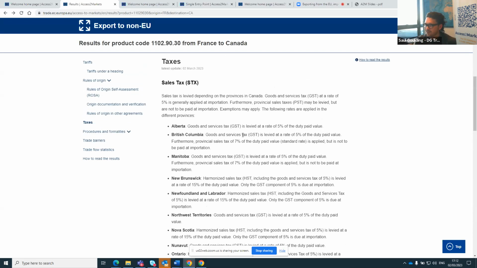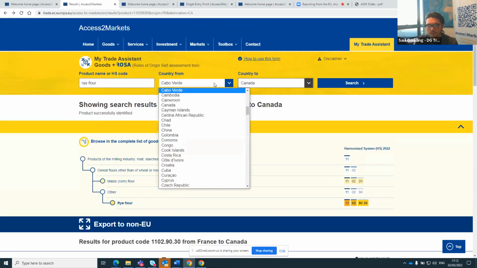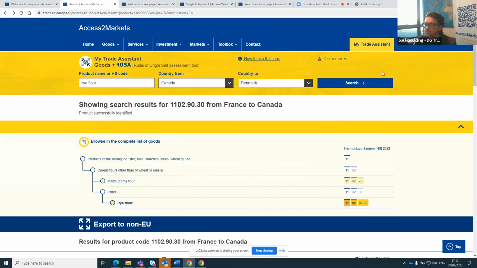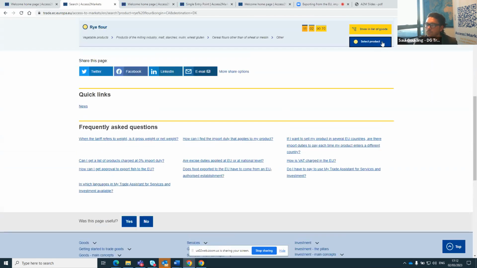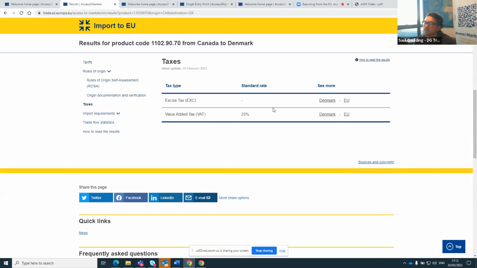And the same is true in reverse. If I do Canada to Denmark and look in taxes, you will see that we have our Danish VAT rate of 25%. And if I were to choose Ireland or France or Bulgaria, all of these will be populated there on the individual member state level.